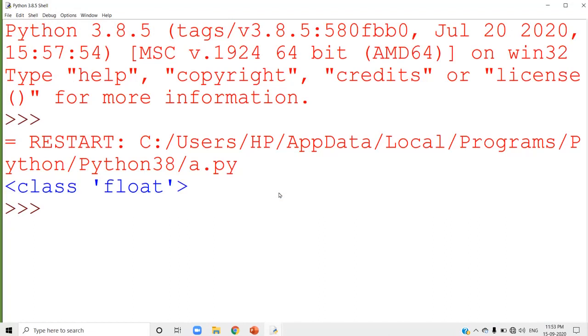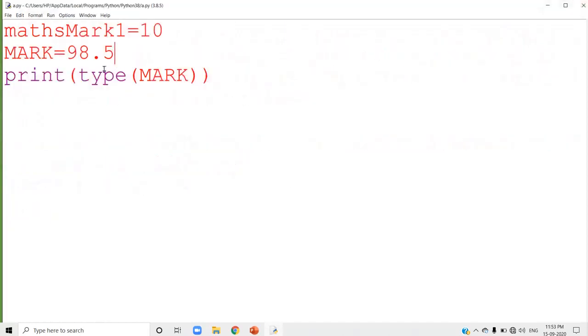Float means a value which has a decimal point, a fractional value. All the fractional values in Python are represented as float. Its data type is float. So it is a fractional number, so the type of that variable will be float.